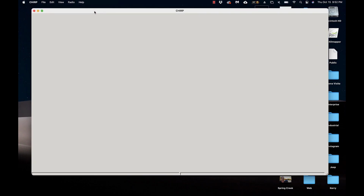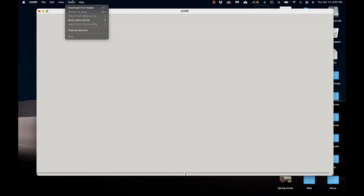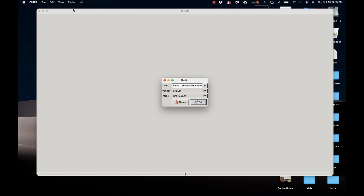All right, this is Chirp, super user friendly, right? One of the very first things that you want to do if you're going to start using Chirp to set up your radio is you're going to go to the radio menu and say download from radio. Now you have to have the programming cable, you have to have it plugged into your computer, you have to have it plugged in to the port on the radio, and you select download from radio. It'll pop up, it'll ask you which vendor you have and which model of radio, and you hit OK, and it will download everything from the radio. Now what that will look like